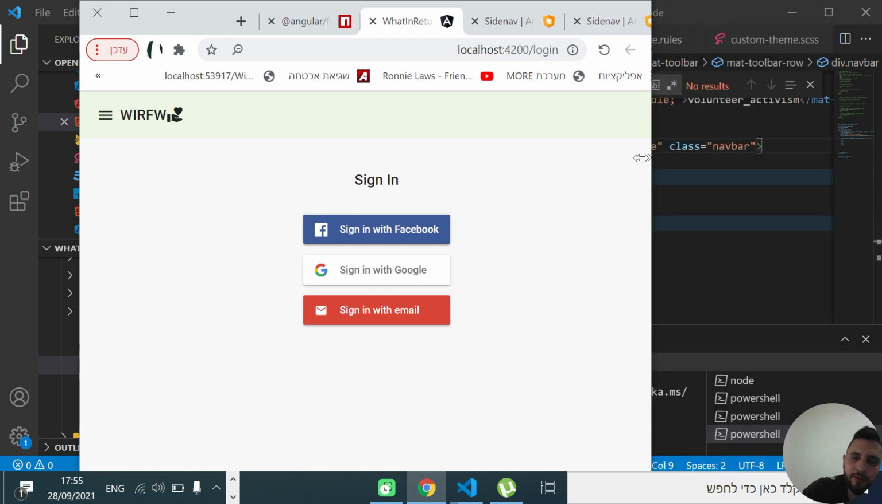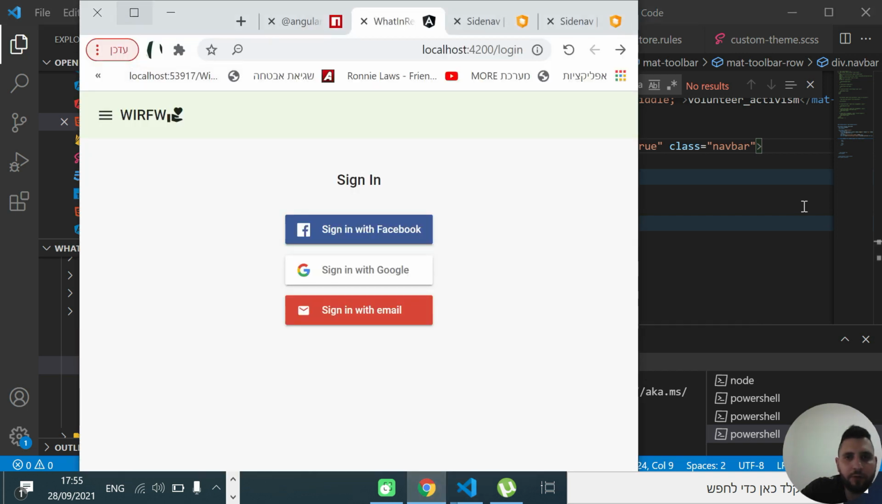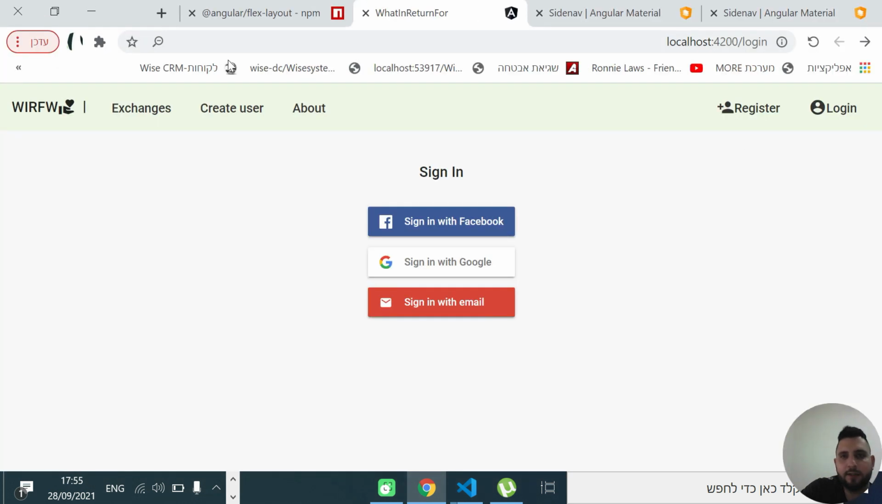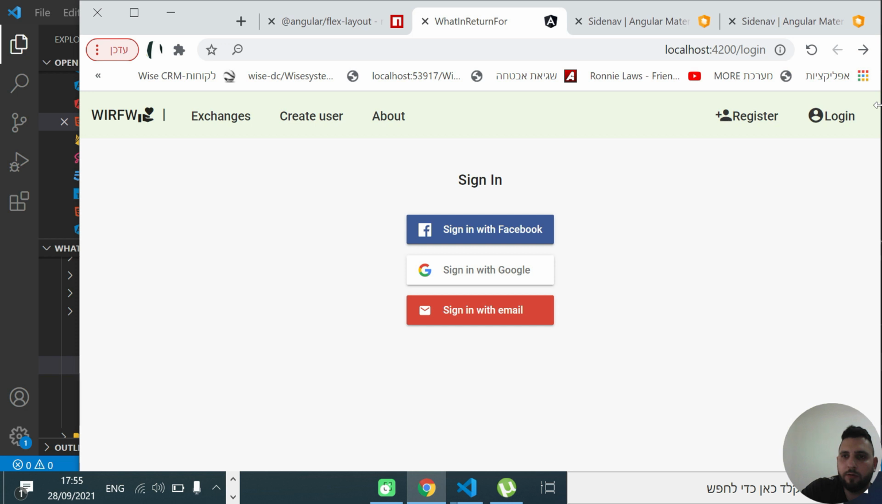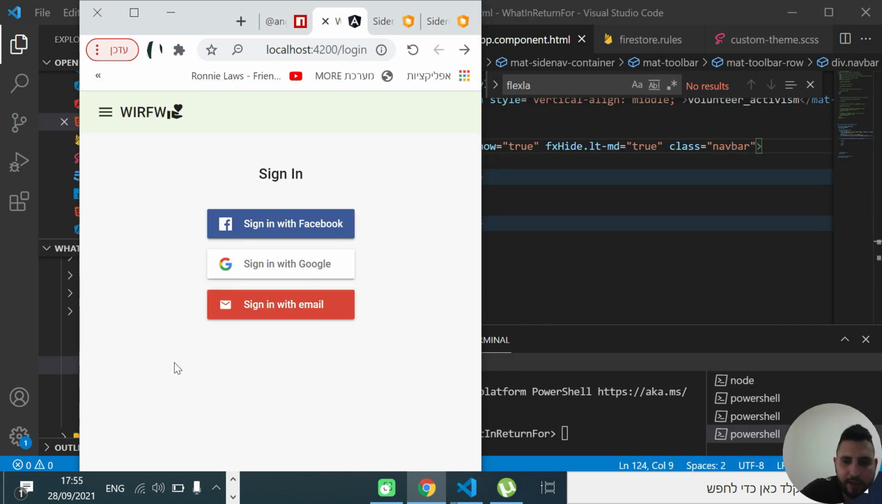These two and these 4 elements. If I decrease it, it's gone. So we basically created responsiveness. It's fully responsive, okay? Because we don't want to show these links in small sizes, okay? So this is what I did. So if I press F12 here,